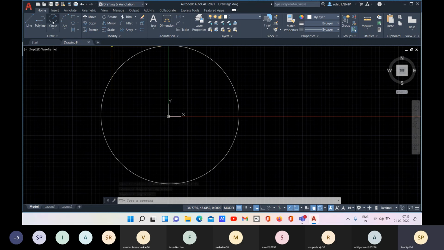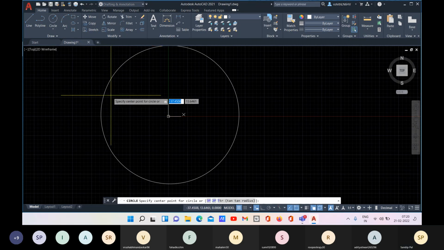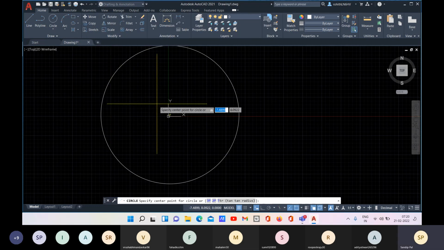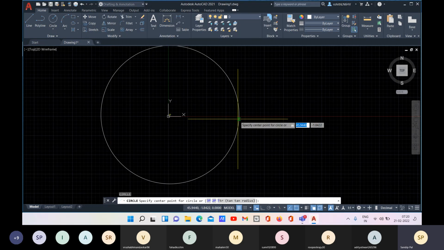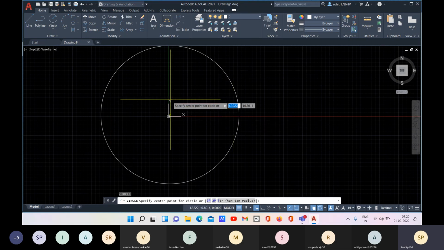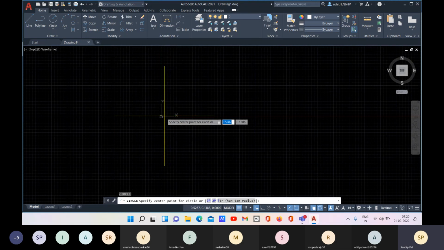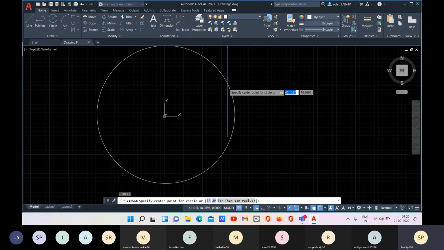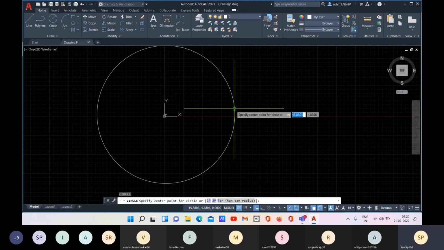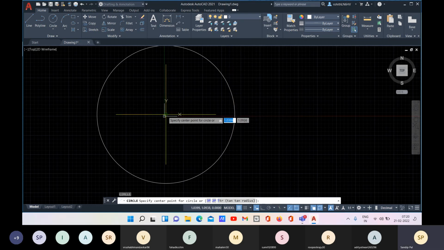Next, let's go for this command. If you're going with the command, C, enter, and now if I want to specify the same center, how can I? If you hover your mouse on this perimeter, it will highlight the center. You see, it's highlighting, and now you can place your mouse.